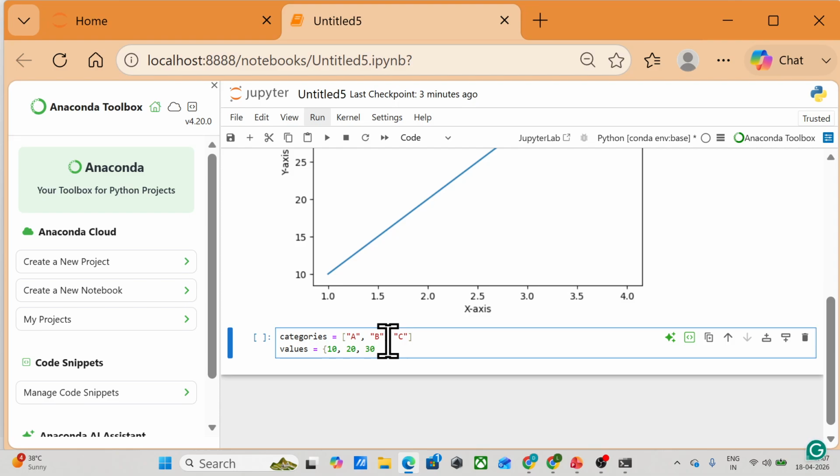Yeah, it will not be a curly bracket, actually it will be a square bracket. Sorry.